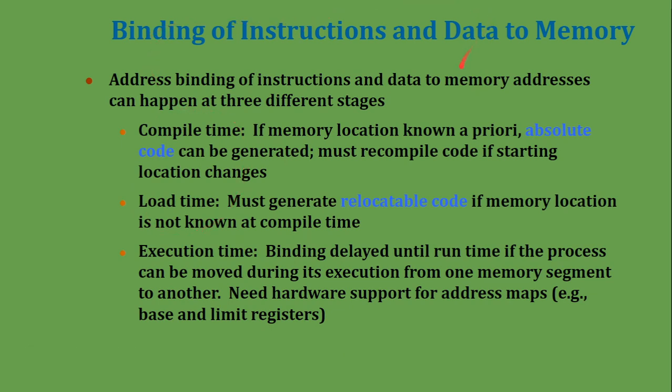Why it is mentioned here is that whenever the binding of instruction and data happens, these are the different stages where the instruction and data get bound. For example, add a, b: add is the instruction, and a and b are the data that has to be fetched from some other part of the memory. So naturally there should be a binding to take the data from the concerned memory address and bring it to main memory. That is where the concept of address binding takes place. The address binding may happen either at compile time, load time, or execution time.